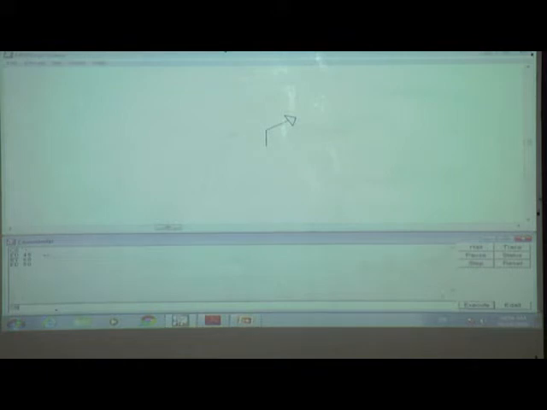For CS and CT, don't write numbers. Only write CS or CT. We will write here only CS. Then what happened? It clears everything and our turtle is at the starting position.